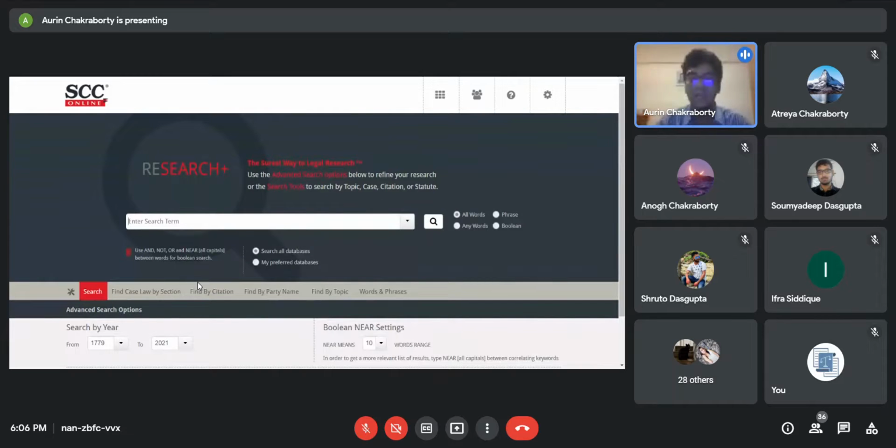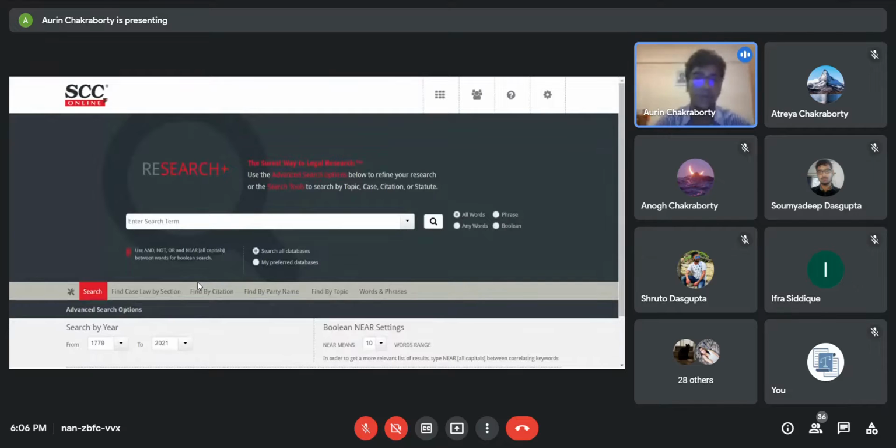Now the most intricate aspect, if I may touch upon that first, which of course might not be known to all of us, is Boolean search. Whenever we search for something on SCC, it just gives us an array and a sea of results. So our job essentially as legal researchers is to shorten them and narrow down to find the article or the case that fits our need the most. Boolean search really puts forward that case for us.